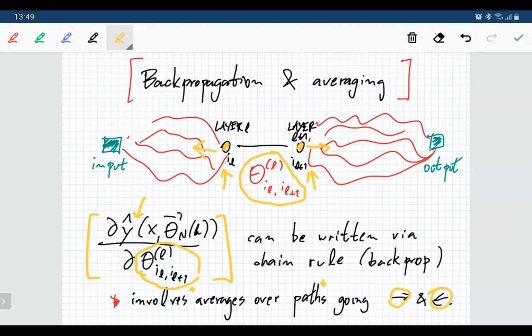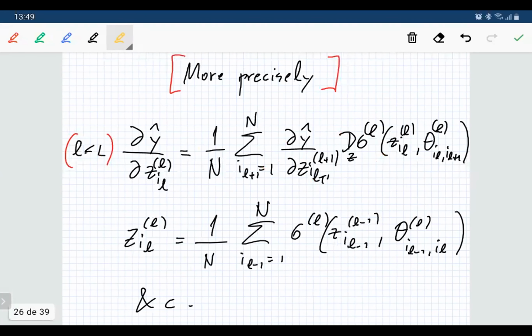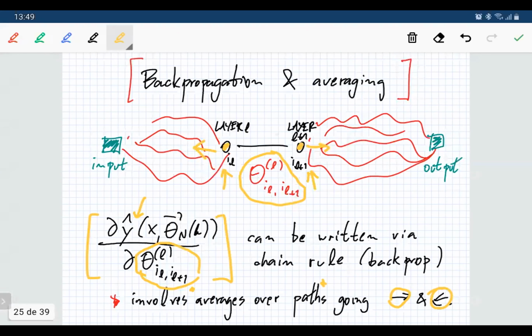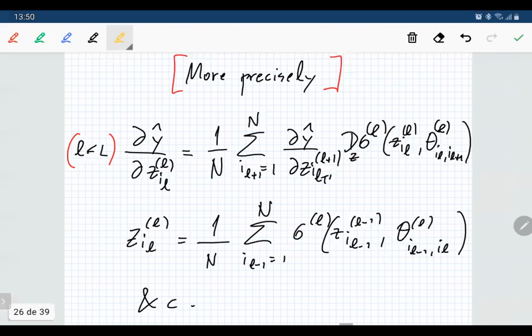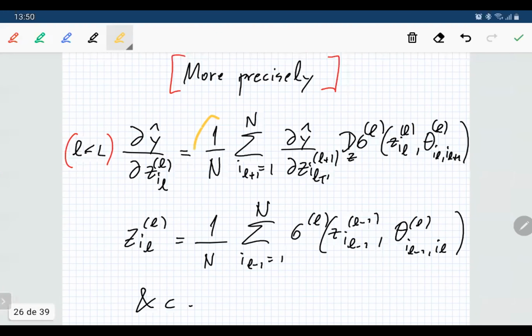Okay, and then what happens? Okay, let's just try to see where you get one of these averages, right? So if I'm looking at what happens if you try to compute the derivative of the network in terms of the activation, in terms of that thing ZIL, that's over here. So if you do that, you take the derivative, you see you get an average over things that, okay,